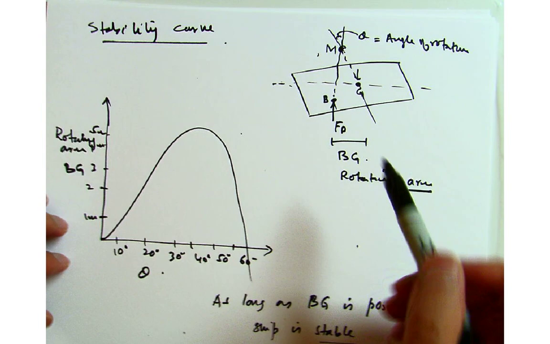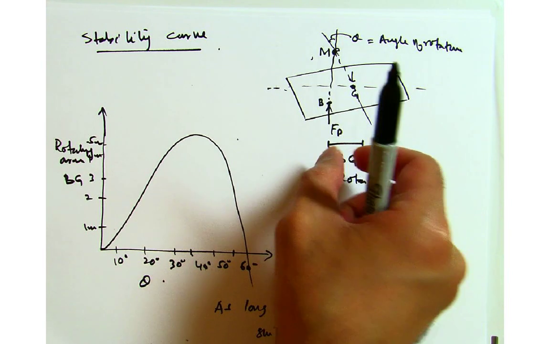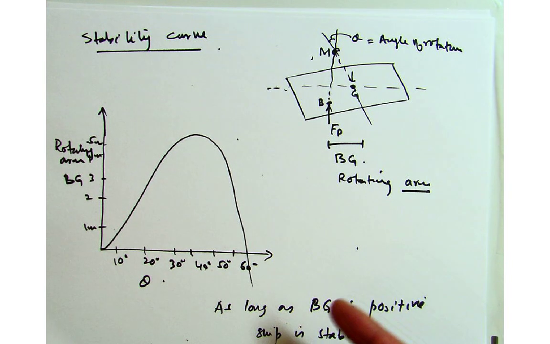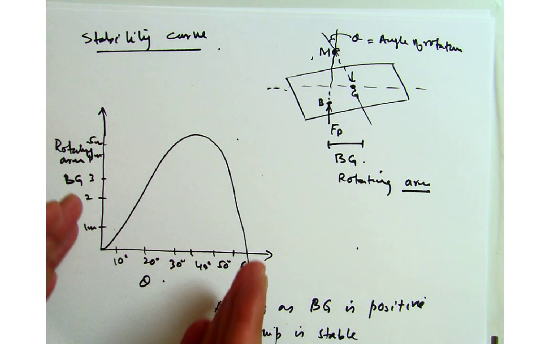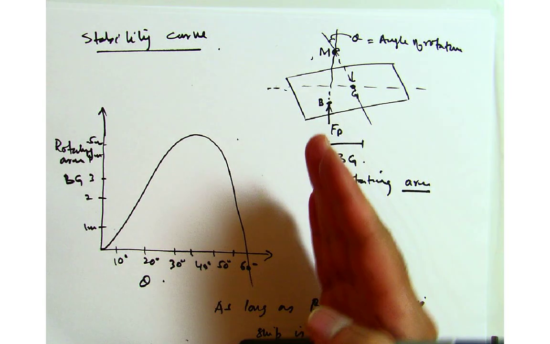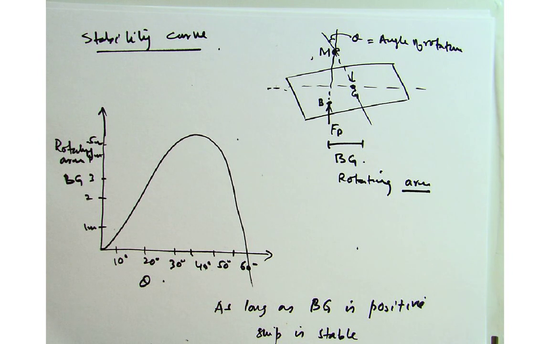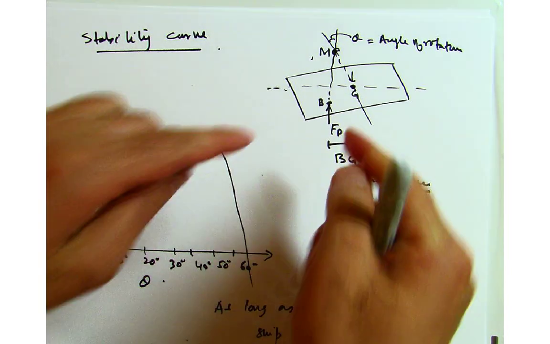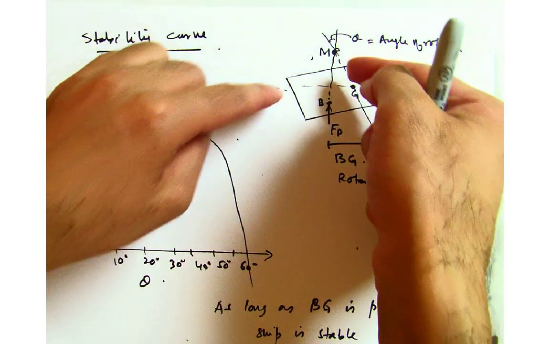Okay, so in this case, as you rotate this even further, the angle actually will start increasing, and a point will come when this distance will start to drop, and eventually it will go to negative. When it goes to negative, then the ship becomes unstable. So if you're designing a ship, you have to keep this also in mind, that this will provide you the degree of stability. Alright, so that's pretty much what I wanted to say about this. Yeah, and of course, as this angle will increase, the M will actually